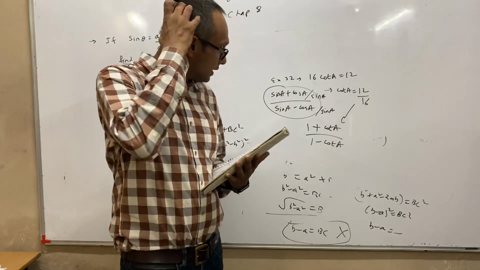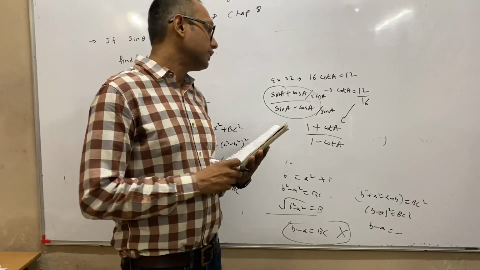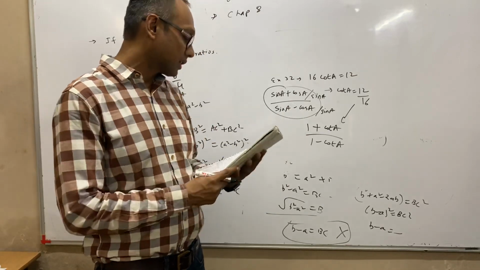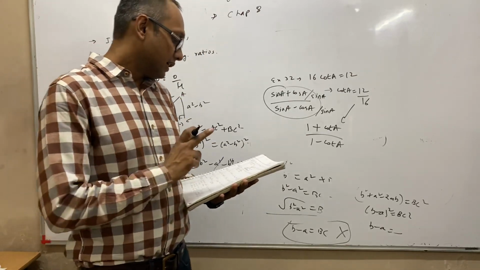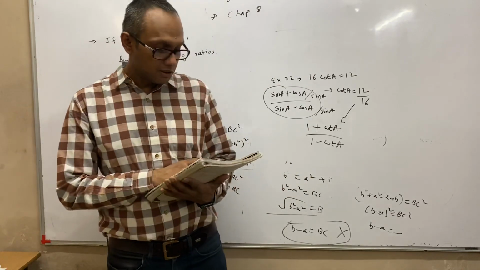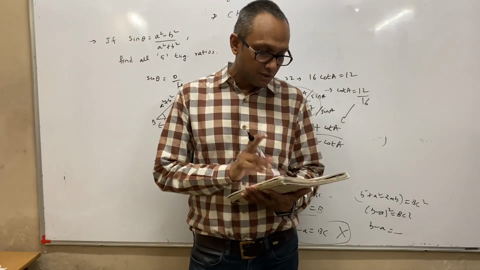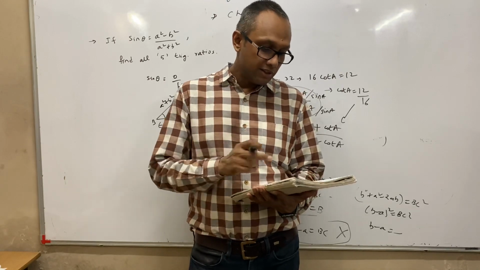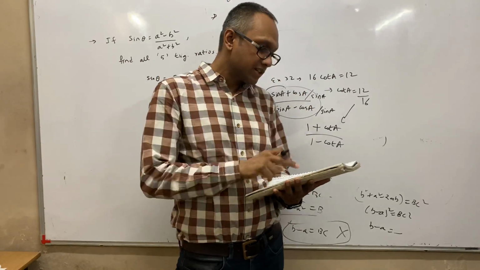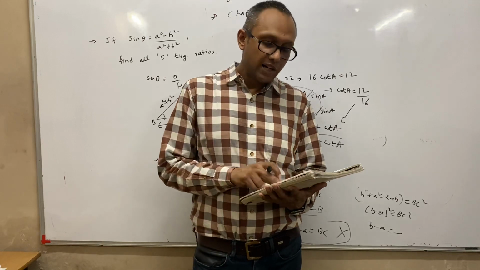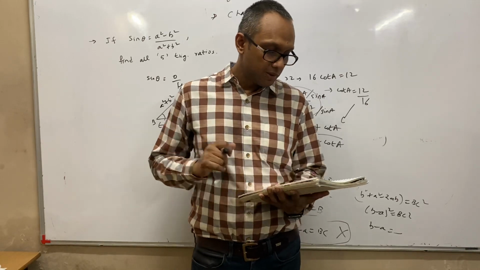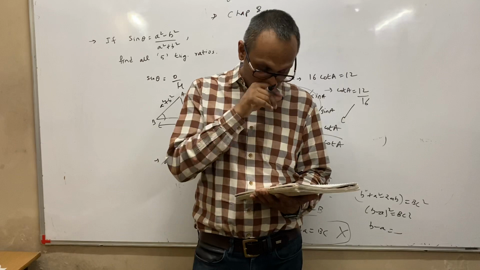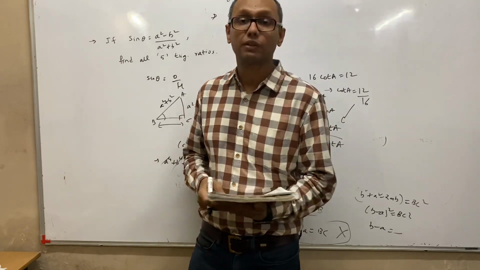Sometimes children complain that sir we didn't have time for the test, but if you are using these shortcuts you will always have time. And example 33 also: 5 tan alpha is equal to 4, so tan alpha is equal to 4 upon 5. Now just like here, just convert this. That I am not doing, you do that on your own, then it will be faster for you. So do these sums which I have given as homework. Okay, cheers.